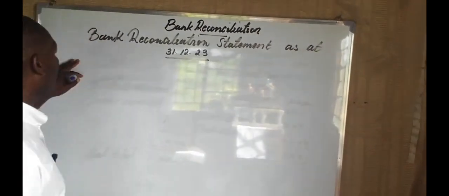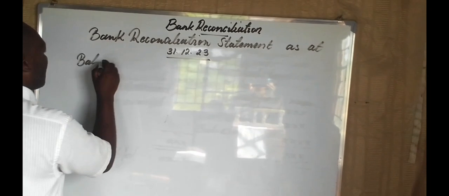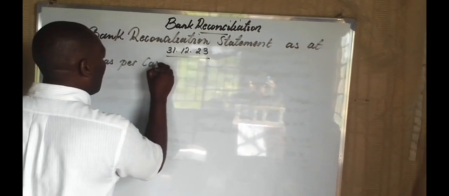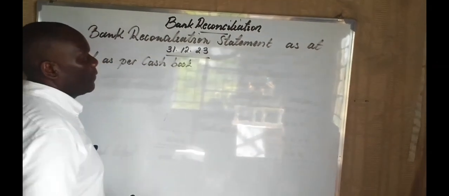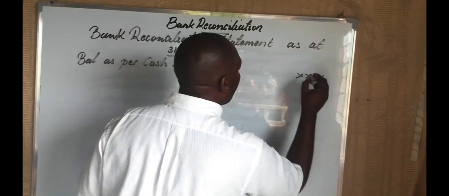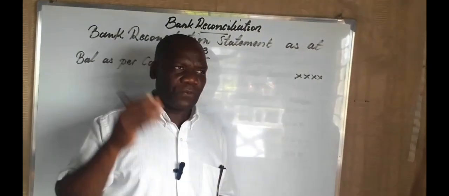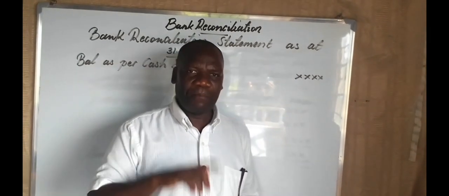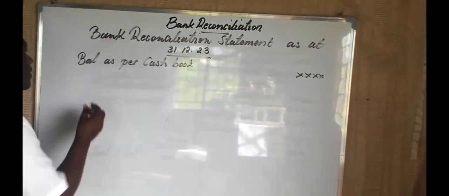Then you say as per Cashbook, then put your balance there. Okay. You get the Cashbook balance from the adjusted Cashbook, not the old balance or the balance brought forward that you started with. The next item, we add